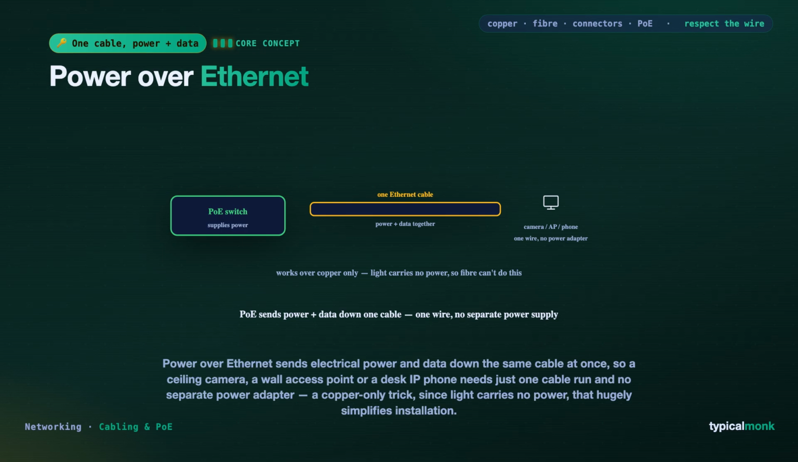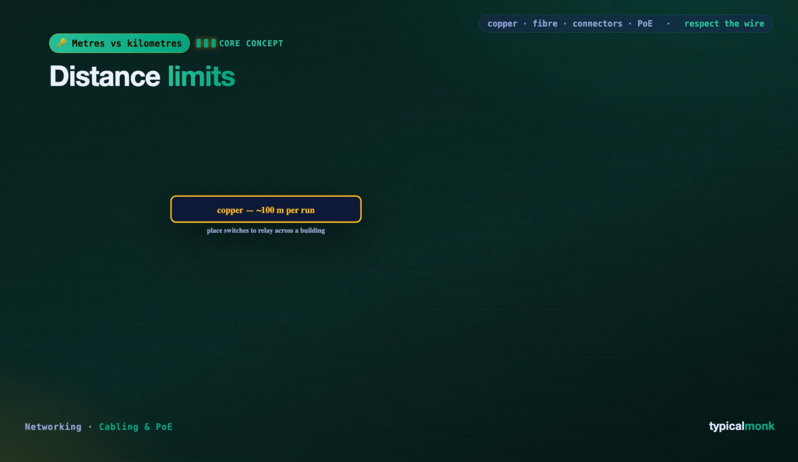So the takeaway: Power over Ethernet sends both power and data down a single Ethernet cable, so devices like cameras, access points, and phones need just one wire and no separate power supply, and it is a copper-only trick that hugely simplifies installation. Let us make one physical limit concrete, because it drives a great many real cabling decisions: